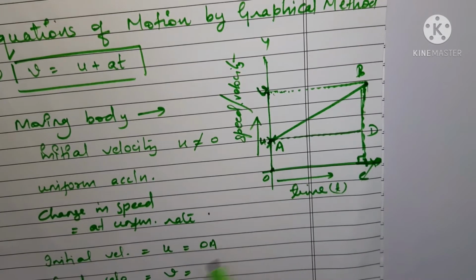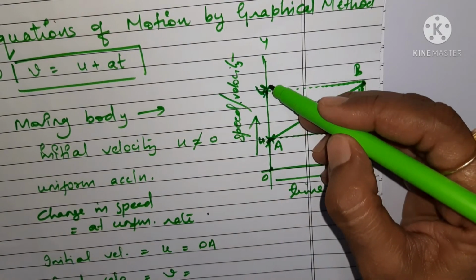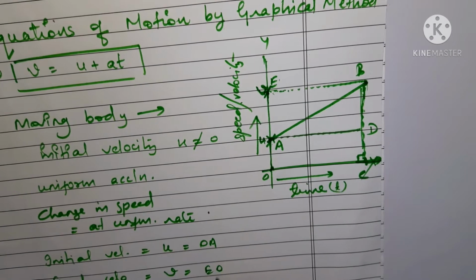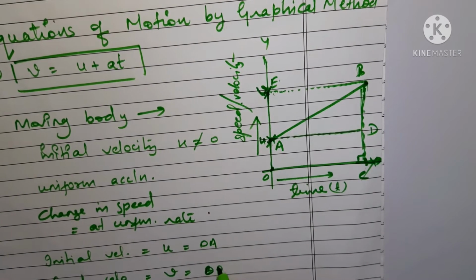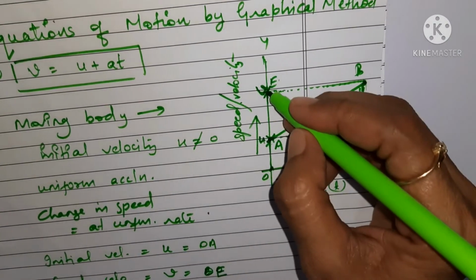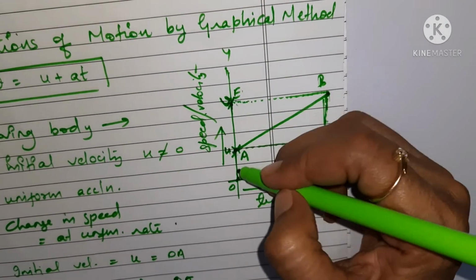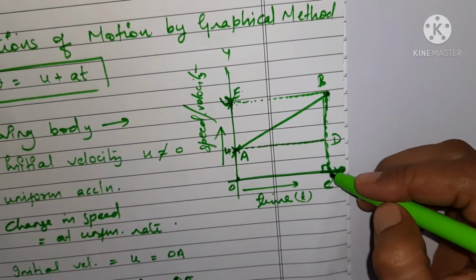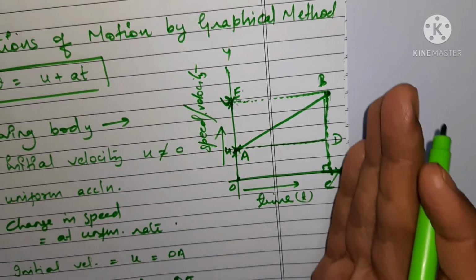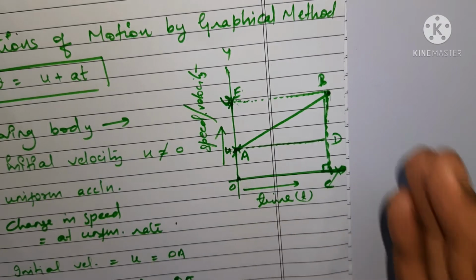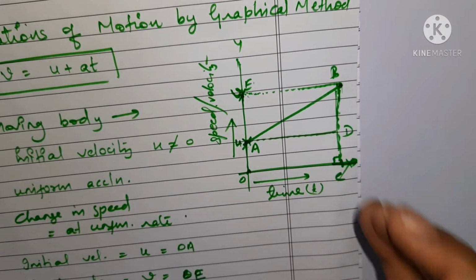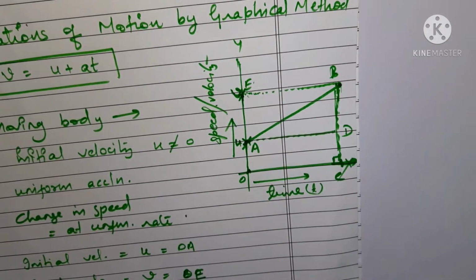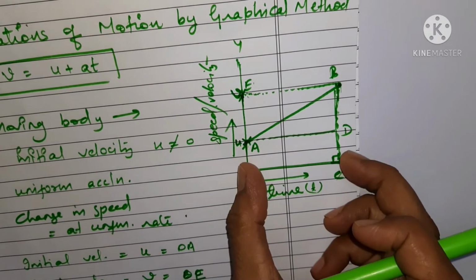So final velocity v will be equal to what? You can give a name to this point, it can be EO or OE. Let me write it like this, OE. But this OE is equal and parallel, you can see here, since it is perpendicular, which is drawn from point C, and we are finding the distance. At this point, what are the changes in the moving body that we are considering here?